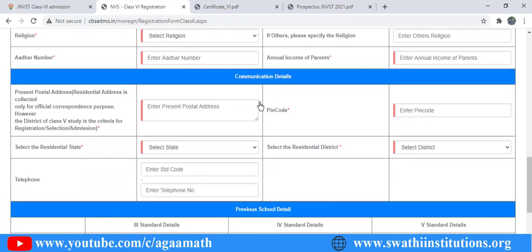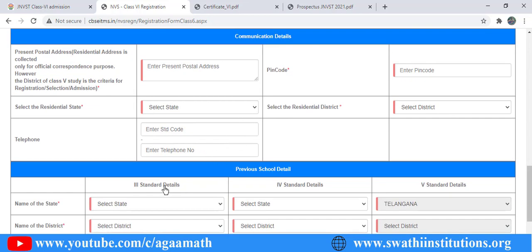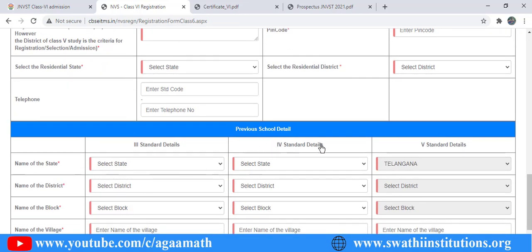Then these are the communication details: the present postal address, pin code, residential state, the district where the student resides, and the contact telephone number. Then these are the previous school details.